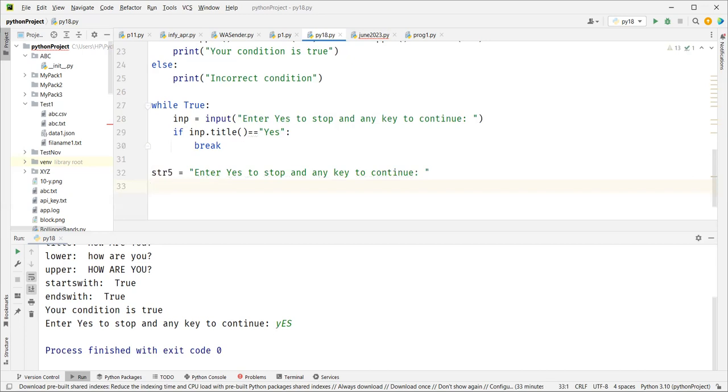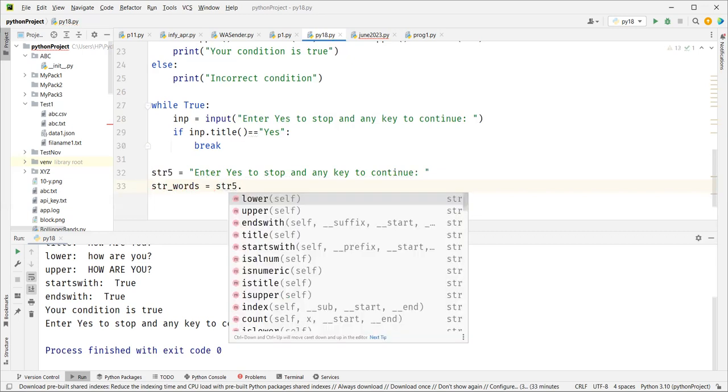So you can say str5 words equal to str5 dot, okay, then we need to